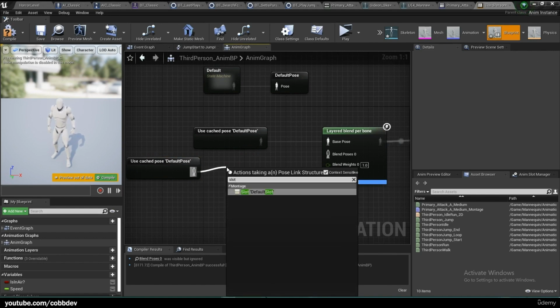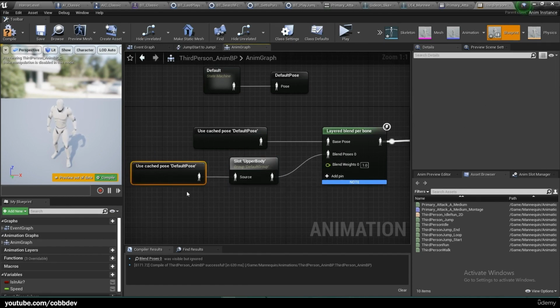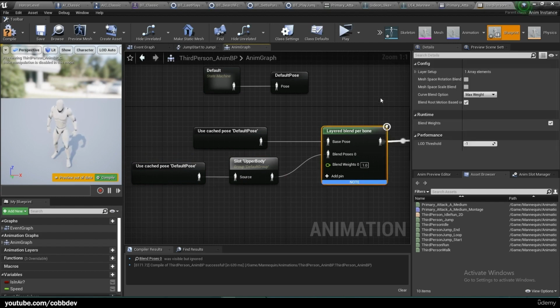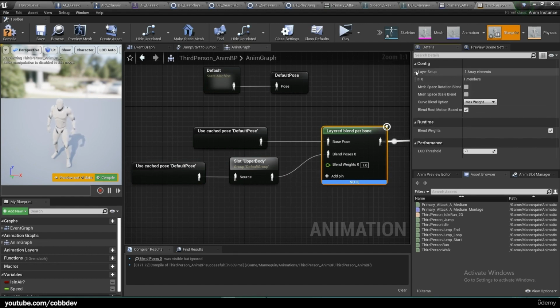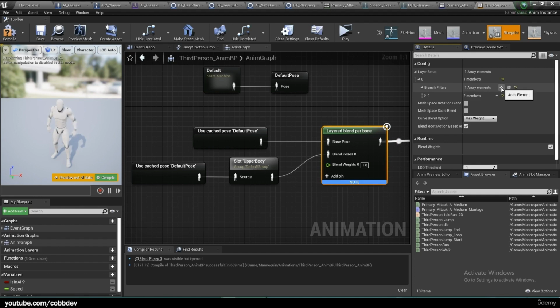So we can just search for slot and it'll default to default slot. So we want to change it to upper body and then put that into blend poses 0. And the bone we want to blend by is the waist. So everything above his waist bone here is where we want to blend that attack animation. So we go to layer setup, to select this node, layer setup, 0, branch filters, add element,